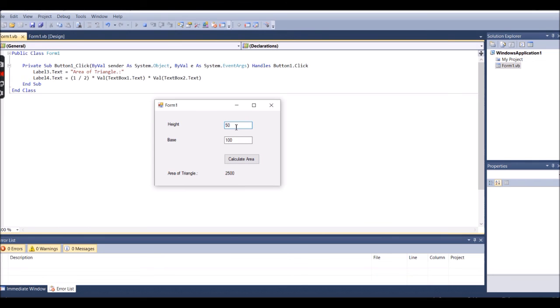Like this, if you want, you can place another 0 and calculate, it will give you 25,000. If you want 200, how much will it give you? You see it with 5 to the 10, that is your 50,000. Like this, after that you need to divide with half. After that you will get 50. This is how you can execute a program in VB 2010.